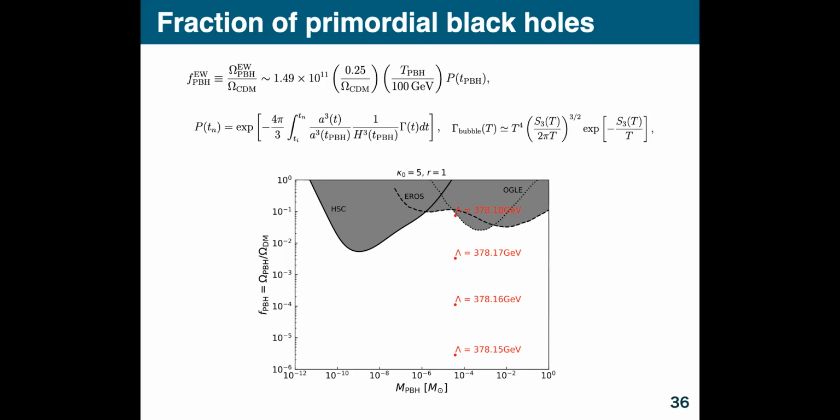So in this plot, we take kappa 0 as a file, and we consider the non-decoupling case. By changing the parameter, lambda, which corresponds to the mass of the new particle, the fraction is drastically changed. It's very sensitive. It's calculated based on the nearly aligned Higgs EFT. So the fraction is very sensitive to the model parameter.